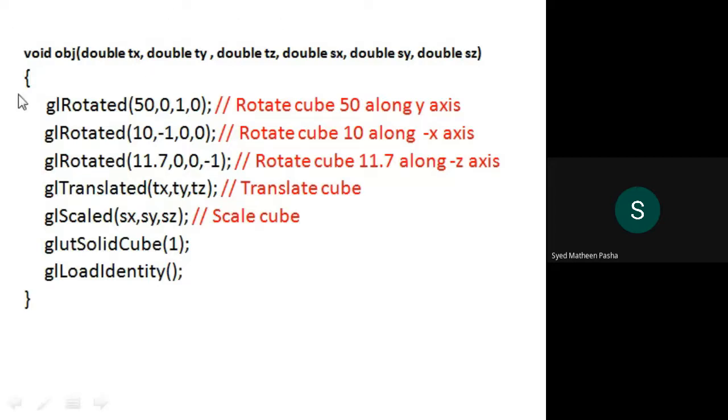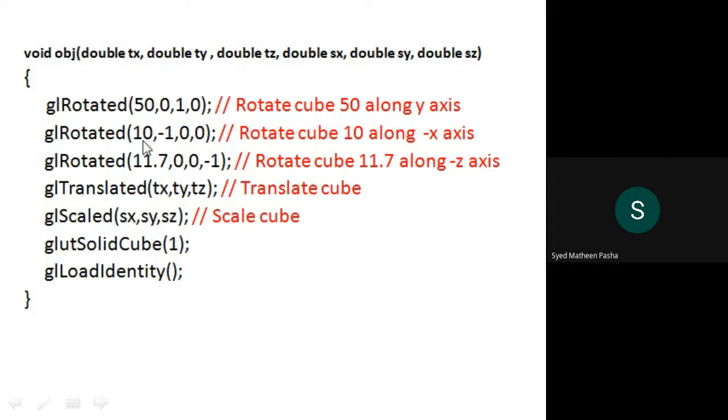I will call a callback function called obj, which is representing the object with parameters x, y, z, and x, y, z with respect to translation as well as scaling. This represents the translation parameters. This is the scaling parameters. So I'll call the function rotate, which is basically used to rotate the cube with respect to an axis. How does rotate work? I'll give glRotated with 50. Check out the axes x, y, as well as z. I should rotate the cube with respect to the y axis in this particular parameter.